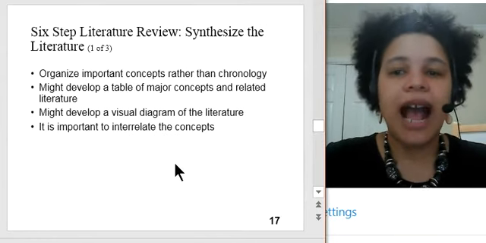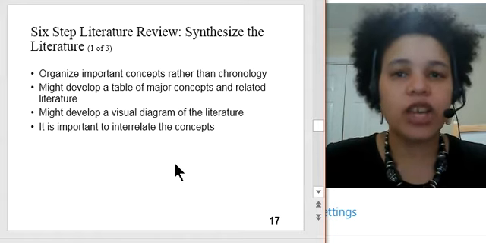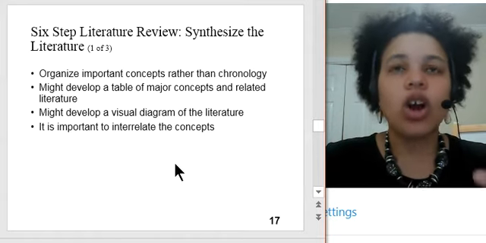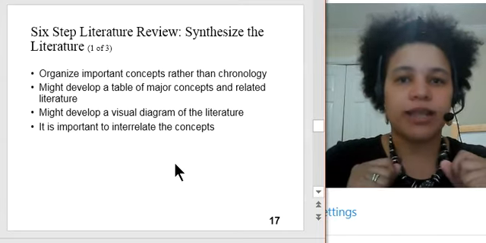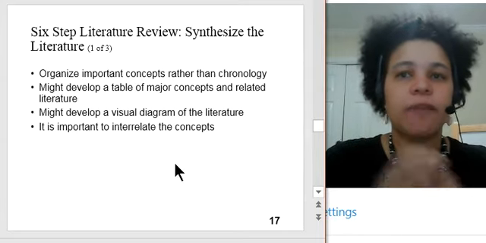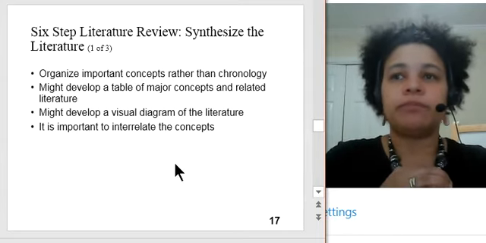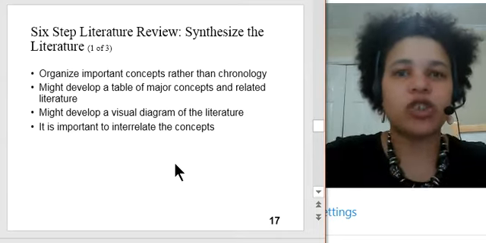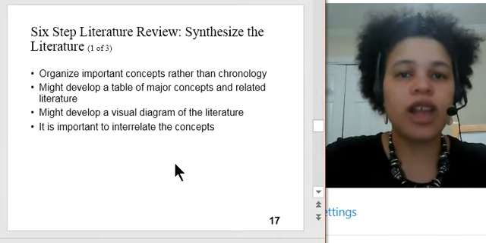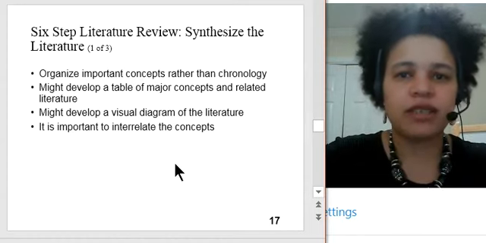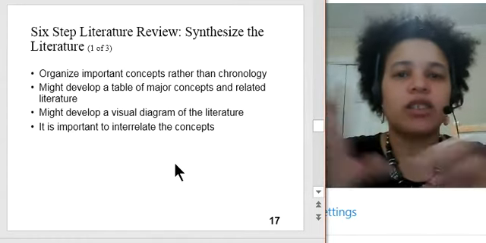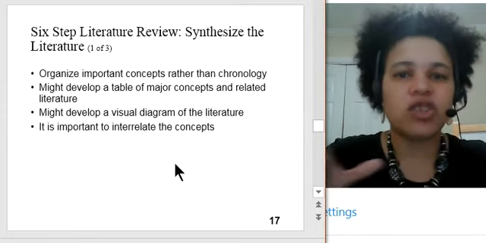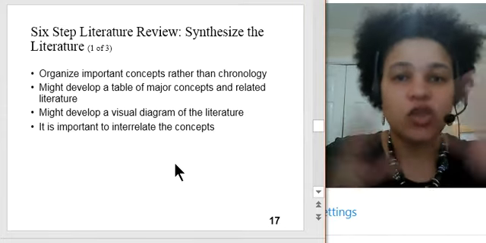Yes. Okay, here's how you synthesize it. Here's how you organize it. Go by the important concepts. So your main buckets, right? My first bucket might be uncertified teachers. Who are they? What are the main challenges? My first part might be all about uncertified teachers, the actual teachers, emergency certified teachers, why they exist,